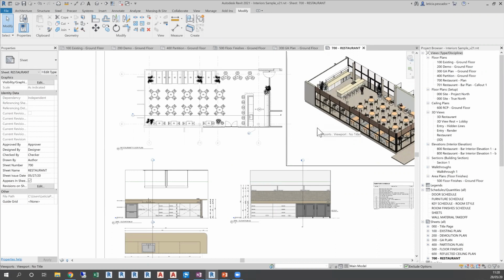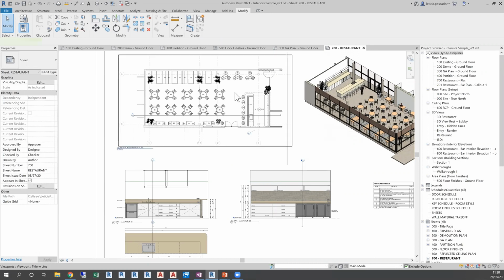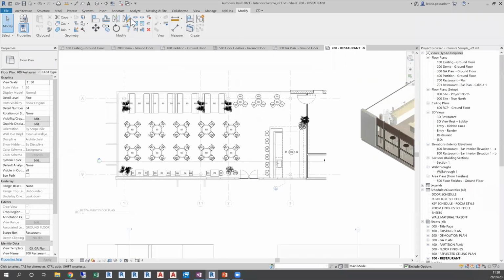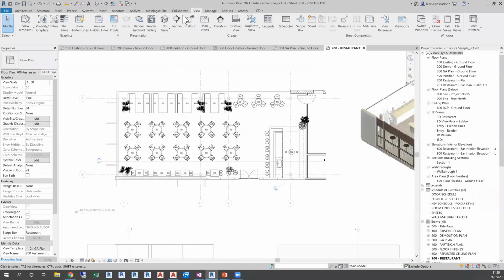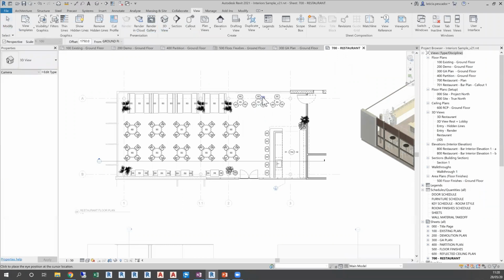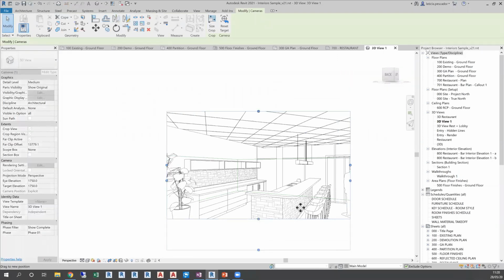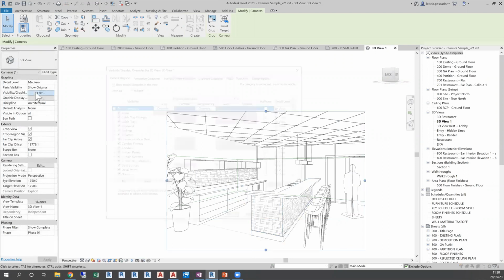The other great functionality about Revit is that if you're using 3D components, everything will be already in 3D. And Revit will allow users to very quickly create cameras to start understanding the design. So if I click here to place one of the cameras looking towards the bar, that will automatically generate that camera for myself within a different view. I can make that a little bit bigger. I can make that look like the same